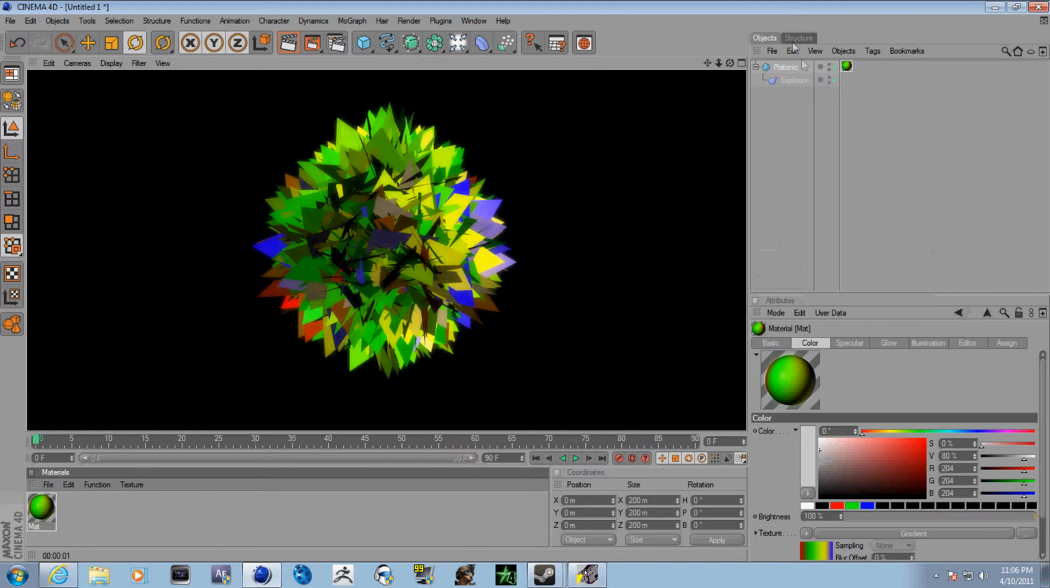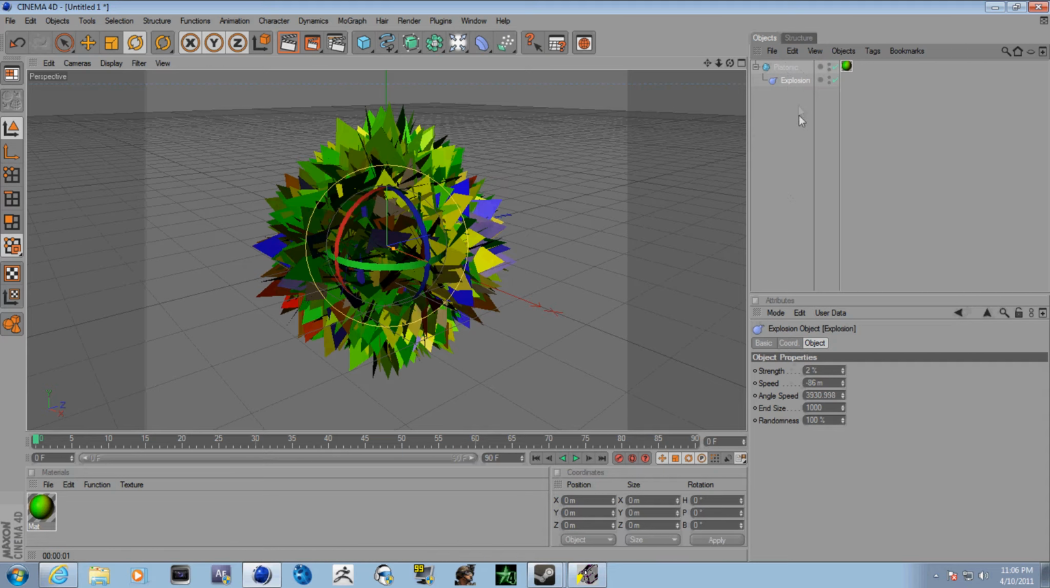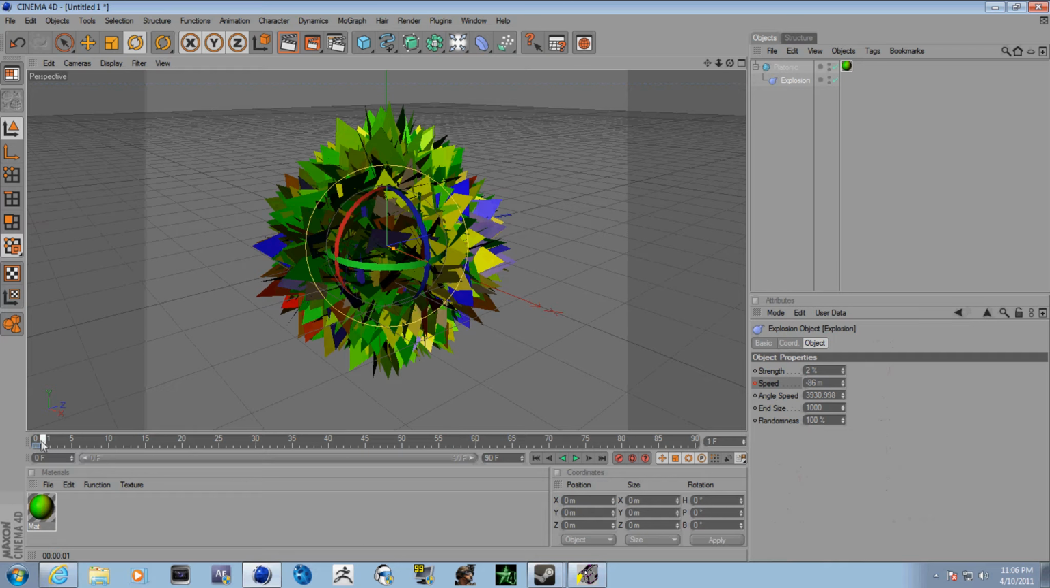Yeah, so what you want to do now with the keyframe to get it to rotate, it's very much like After Effects or even Sony Vegas at that. So what you want to do is go to the explosion, not the platonic. So go to the explosion, and then just right click on this little circle, actually the speed one, and then animation, add keyframe, and so it'll give you this blue check and then step a few spaces